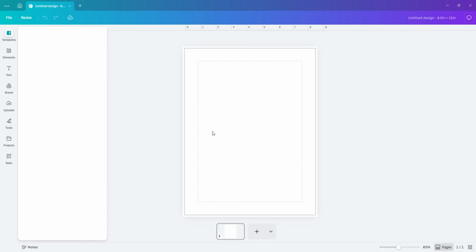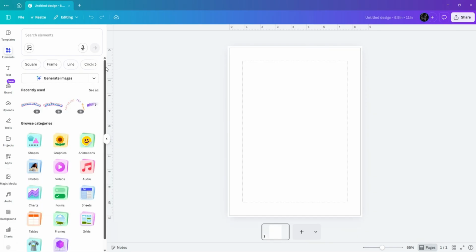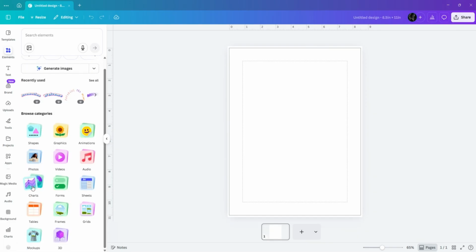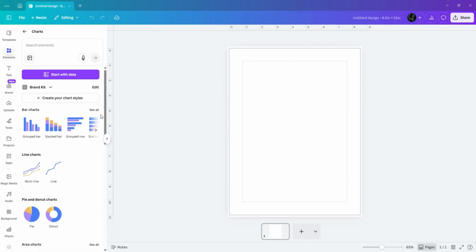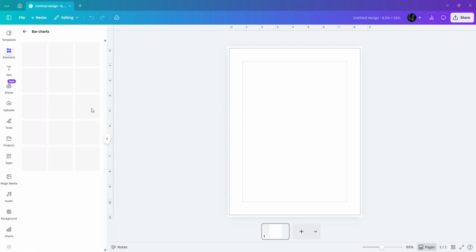Once the editor loads, I head over to the sidebar and click on the Elements tab. I scroll down through the different categories until I find the Charts section and click See All to view all the available options. I browse through the different bar chart styles and select a standard bar chart to add it